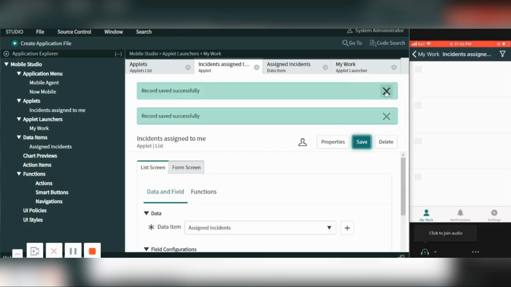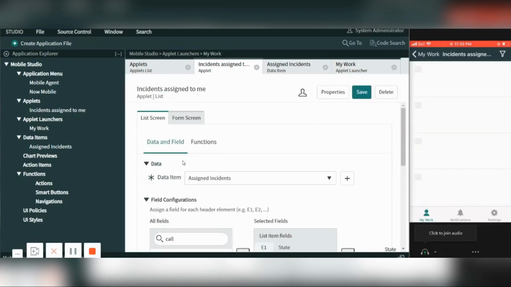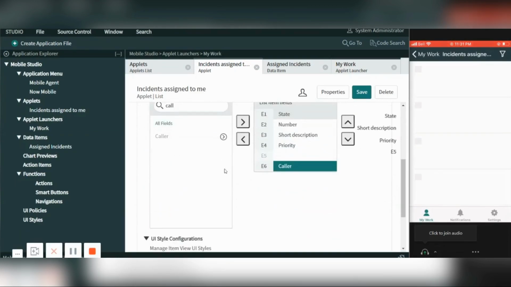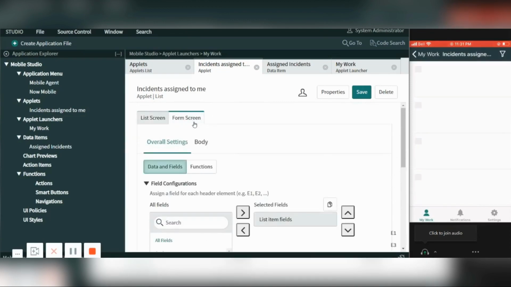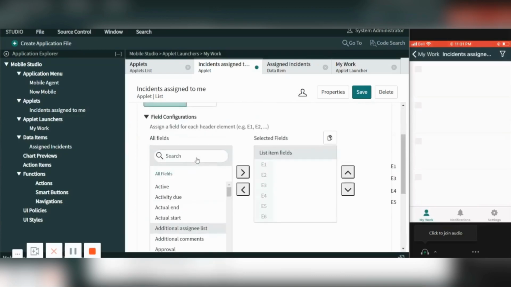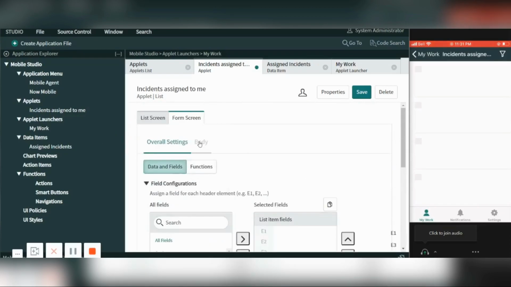In our applet, we have two sections. If you remember, while creating the applet we had selected list. Within the list, there is also a section form, so we checked that. That's why we have two options, list screen and form screen. Now the information will only be displayed on the list screen, and if you see the form screen, fields are empty.